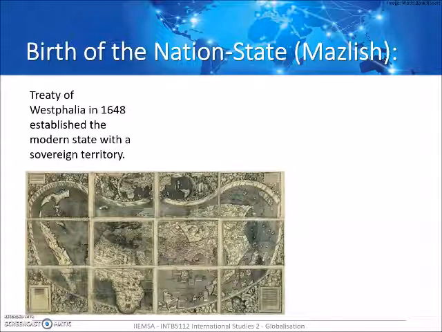And basically with this treaty, they agreed that each country had a sovereign territory, and that this meant that in that territory, that country ruled, and you could not just invade, or if you wanted to invade, you had to declare war. But basically, the countries agreed on recognizing each other's territory, and recognizing that whichever state was in that territory had the right to decide what to do with that territory. So this is this notion of sovereignty and of sovereign territory, which is very important.